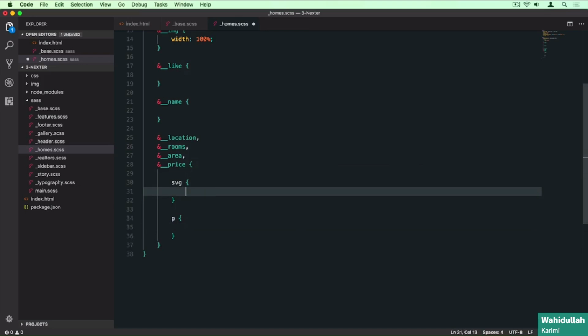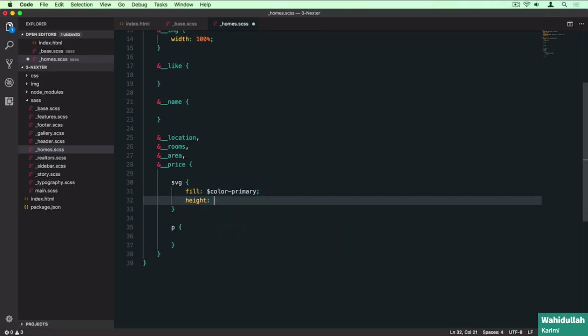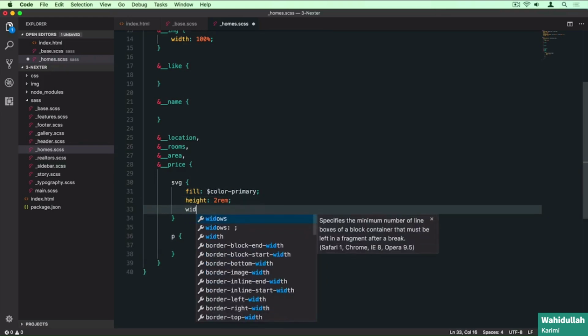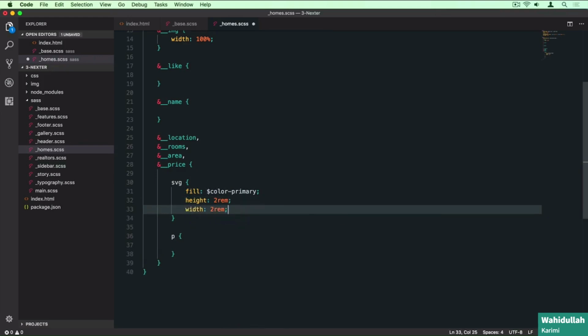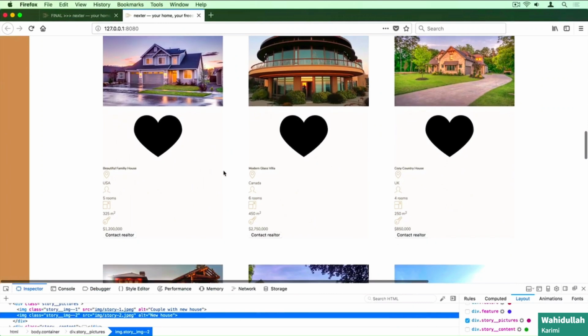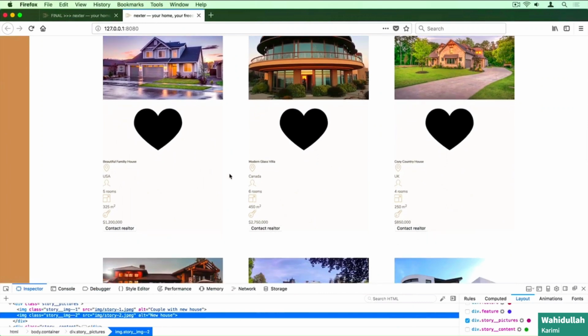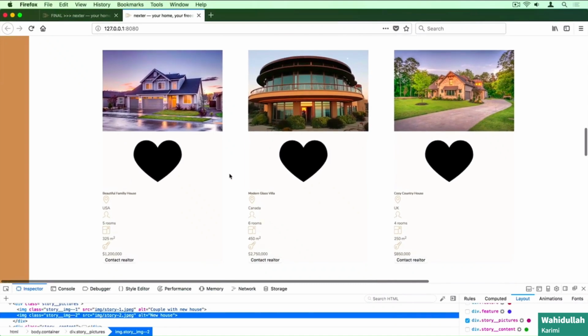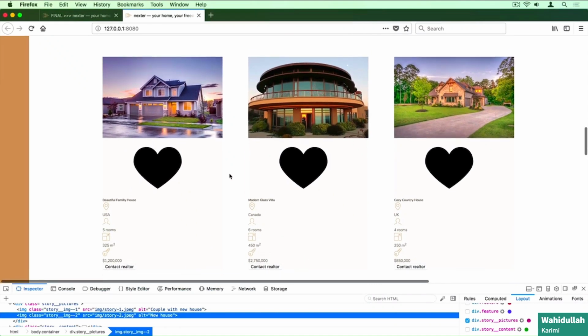And so let's also now style these SVGs, because these icons, they are way too big now, okay? So first we can also fill them, so change their color basically. And again, I'm going to use color primary. And then a height and a width of 2 rem. And again, the height and the width here being the exact same value. Okay, and so just like this looks a bit more friendly now. So that is the first part of building this section and these home cards. In the next video, we're then going to take care of actually building the card and laying out all of